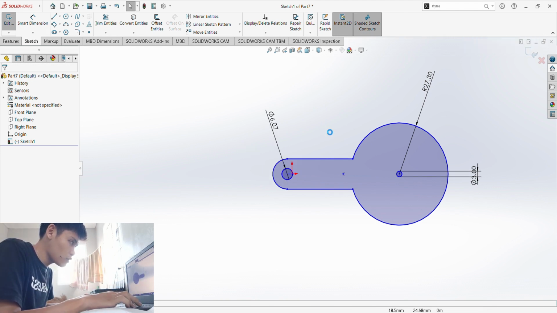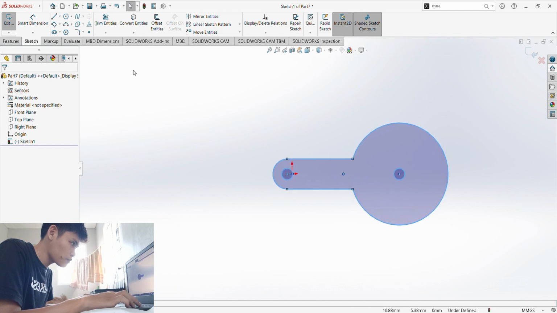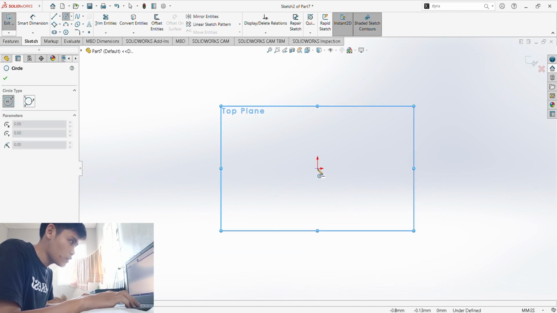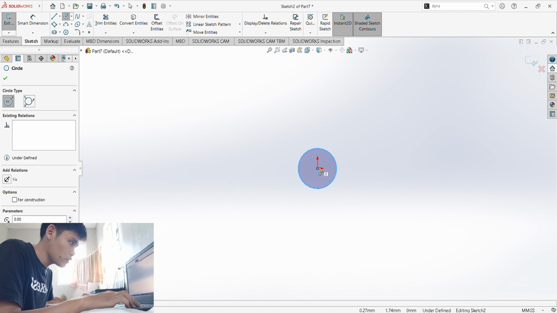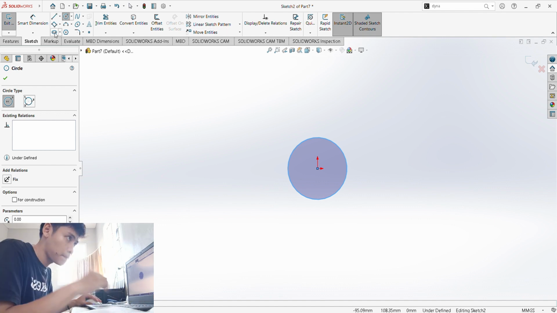So Control Z, Control Z, Control Z. So let's just go with the top plane, and then just create a circle right here with a value of 27.30.